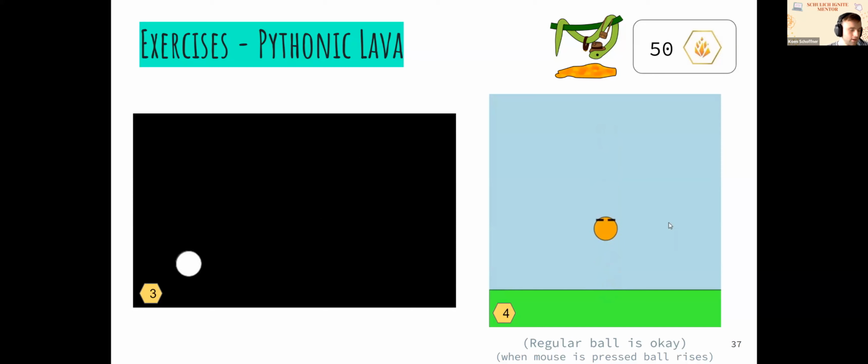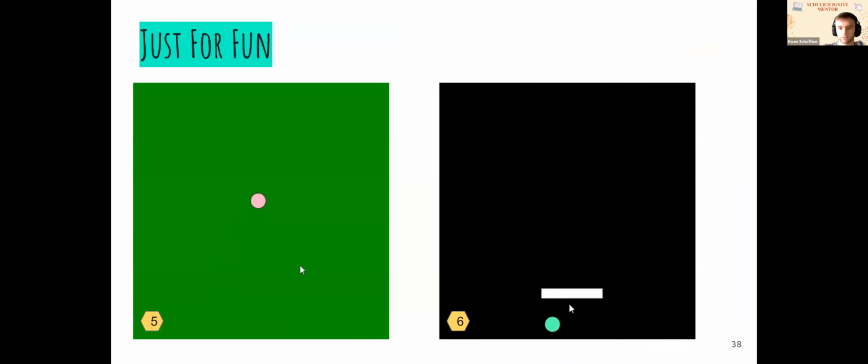And if you finish those two exercises, these are the two for fun. I don't know if you've ever played Brick Breaker, but this is kind of what the second one is like. The fifth one seems a little bit more difficult, but you're almost creating something like Pool on the iPhone mini games, Game Pigeon, or whatever it's called. It's a similar idea. But for the one on the left, every time you click, it resets the ball after the ball is moving.